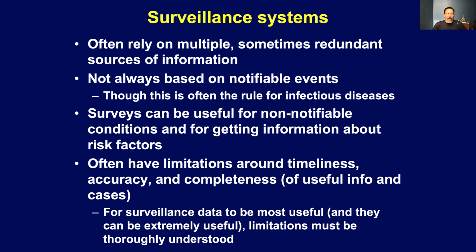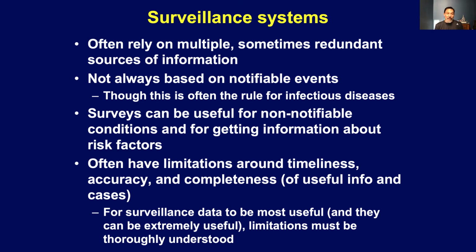We also saw, and I want you to take away, that surveillance systems are not always based on notifiable events, though for infectious diseases, this is often the rule. They can be based on all kinds of other data sources. We saw the multiple sources that can be used for surveillance. And surveys can be useful for non-notifiable conditions and even infectious conditions. They are especially useful for getting information about risk factors and behaviors and healthcare access. But surveillance systems often have